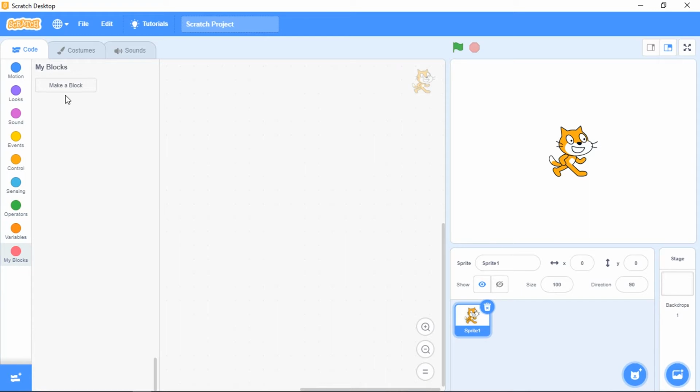set of instructions which is going to perform certain actions, and that function is going to be called wherever we require. In a similar way, we are going to create our own block, that is a customized block, and we will call it whenever we want. So how are we going to create the My Block? Just an example. First click on My Block in the block palette.